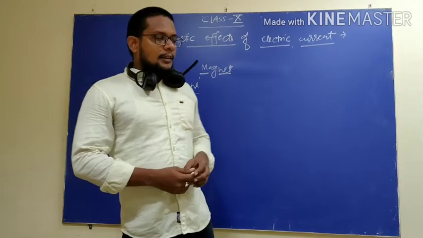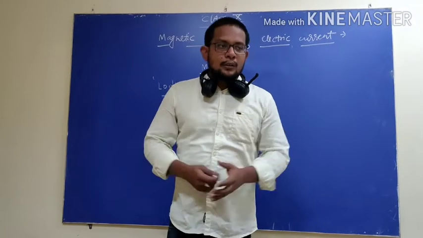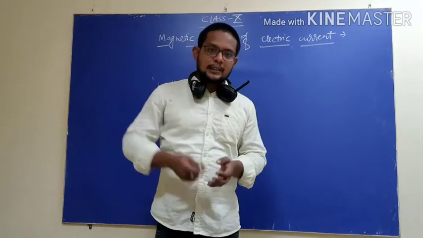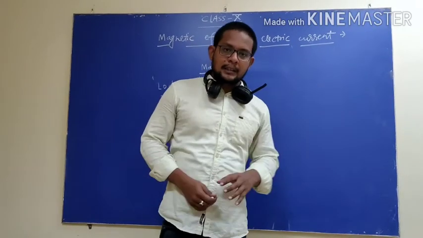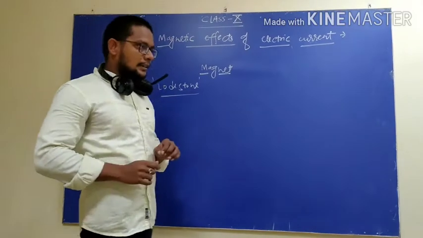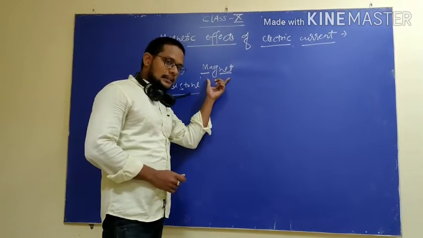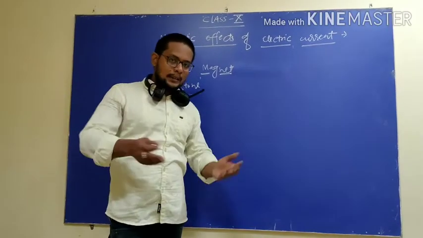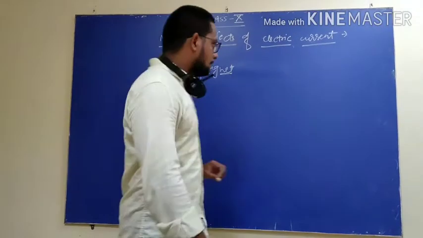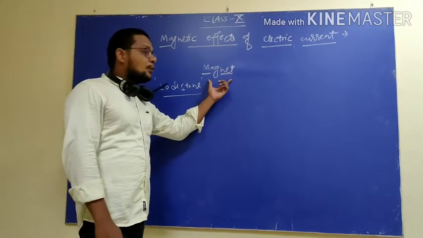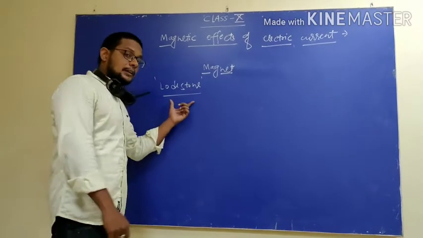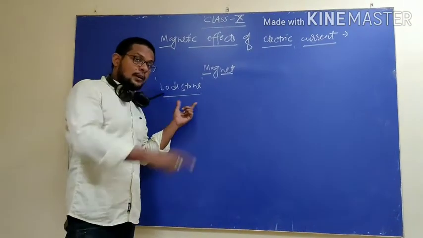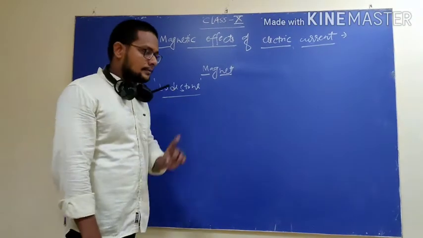In class 10th, there is no explanation of magnetic materials. In class 12th, you will come to know about the magnetic materials. But in class 10th, you have to study magnets, magnetic effects of current, magnetic field lines, properties, and many more things. Now you know what a magnet is. Earlier it was called lodestone because it was used as a leading stone for the purpose of navigation.